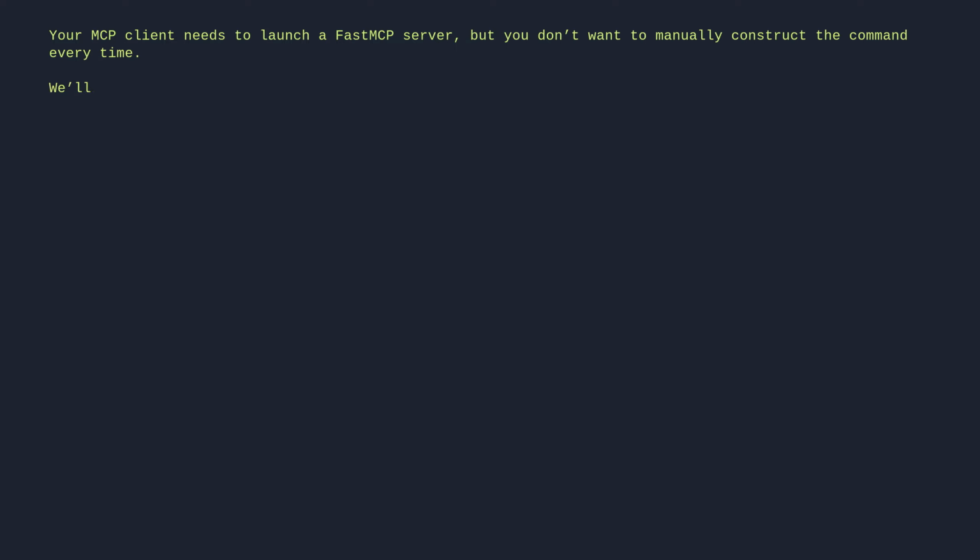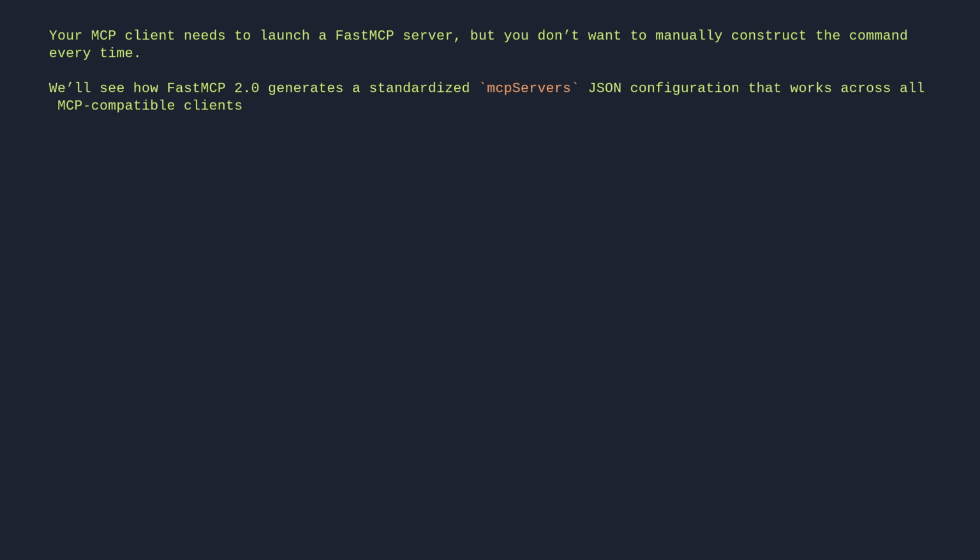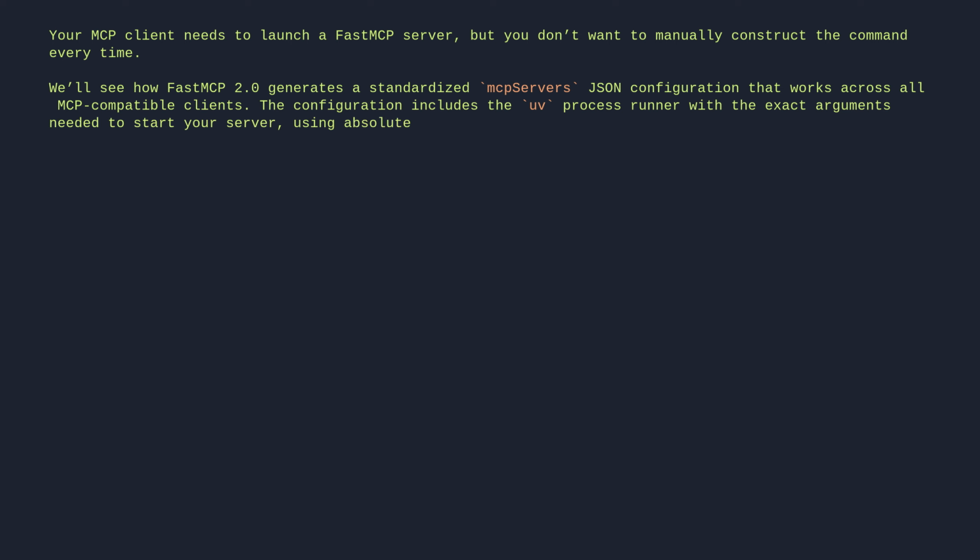Your MCP client needs to launch a FastMCP server, but you don't want to manually construct the command every time. We'll see how FastMCP 2 generates a standardized mcpServers JSON configuration that works across all MCP-compatible clients. The configuration includes the UV process runner with the exact arguments needed to start your server, using absolute paths for